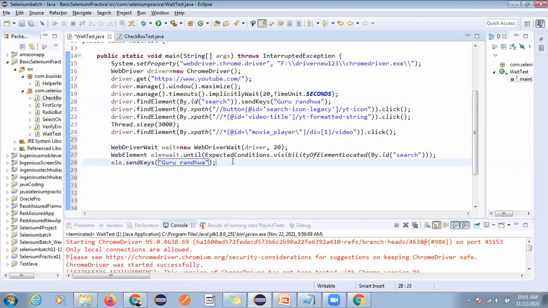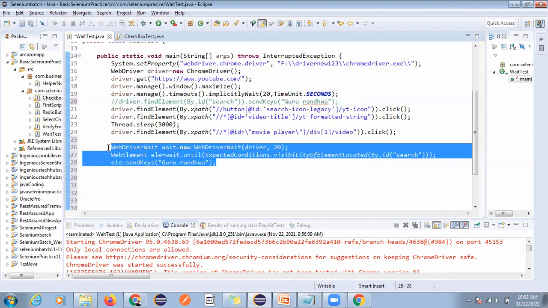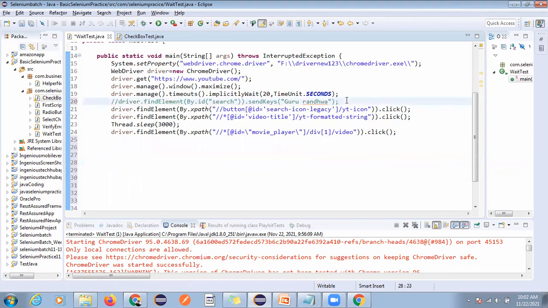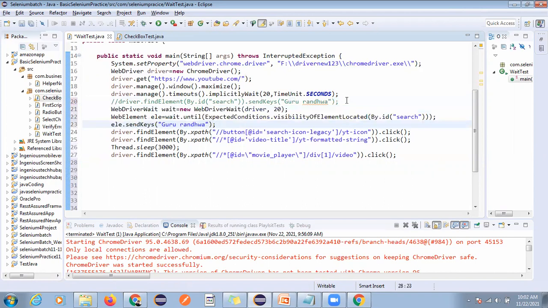Now what we have to do here, I am going to comment out this line of code, and this one I have to write here, then the other steps will execute. So let me try to execute this.